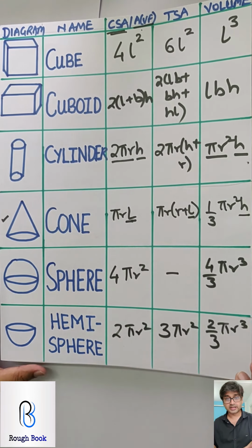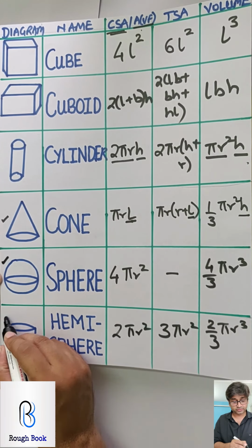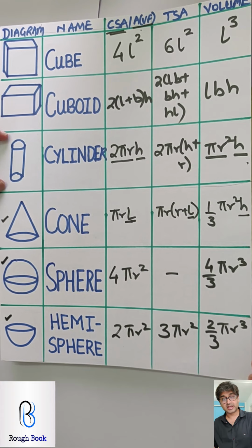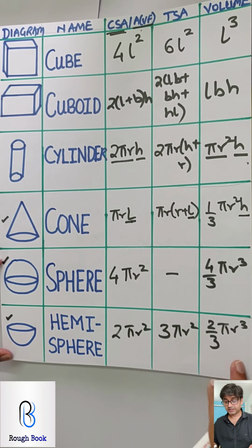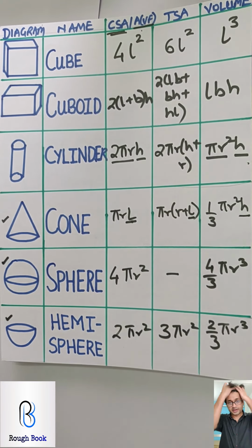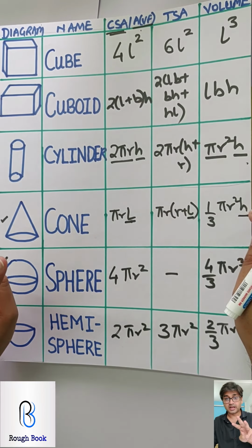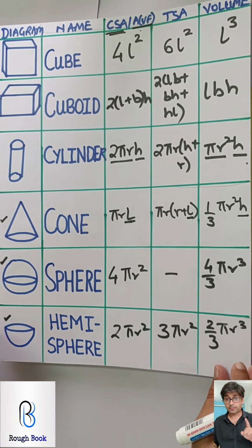If you've not taken the picture of this, do take it right now. Right now we are working with sphere and hemisphere. So these three will be done. Then we'll go to exercise A probably, which will be the cylinder, cube, cuboid, all three together. So right now these two, I hope these 5 formulae are very clear in your head. Please take a screenshot, print it, learn it, make this table 3 times, only then start. At least these 2 parts you should know now. So stop copying from here, okay? Start doing it on your own.